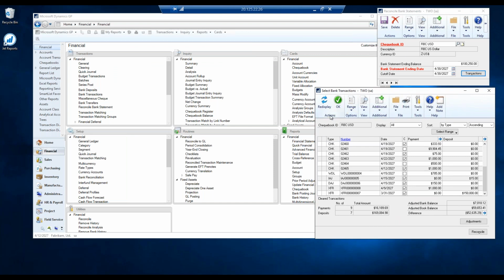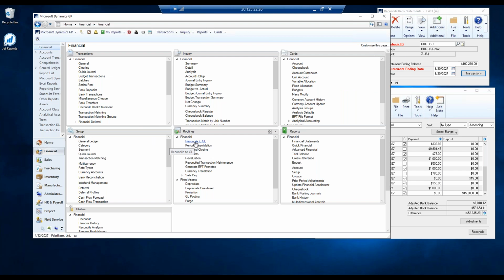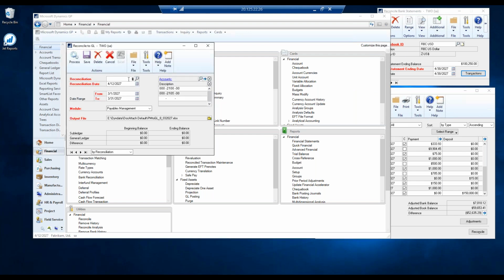Does it balance to my general ledger? There is a reconcile to GL function inside GP for routines. Inside here, we have a choice of payables, receivables, inventory, and bank rec. So if I grab my bank rec